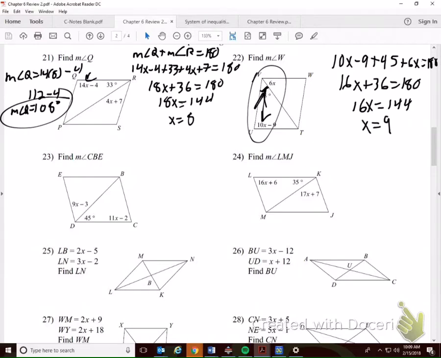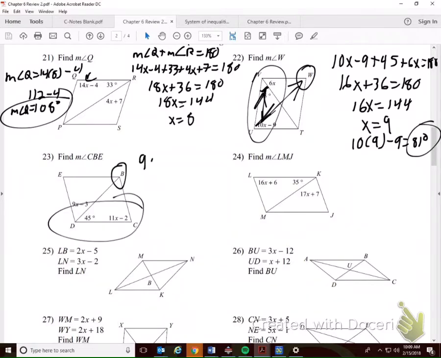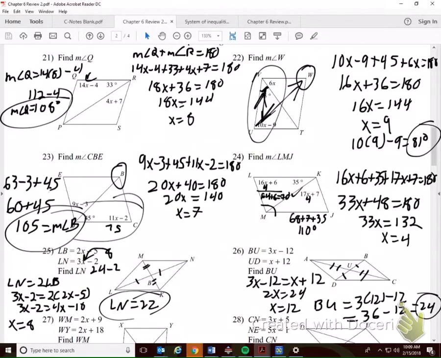It's awesome. Now we're asked to find W. We don't know anything about W, but we do know that it's opposite from U. See? The arrow says it's opposite from U. Because it is a parallelogram, opposite angles are congruent, so we know that W is also 10x minus 9. Enter the fanfare. So we have 10 times 9 minus 9 equals 90 minus 9, or 81. So the measure of angle W is 81. Same exact process for